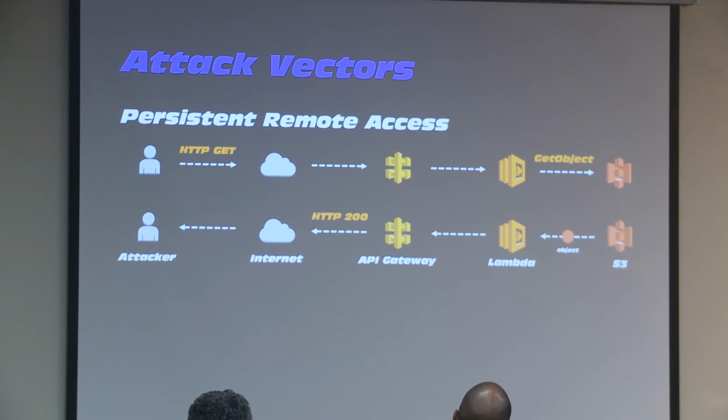I threw this in here because S3 has been all the rage with world readable S3 buckets. All we need are GetObject permissions to be able to pull down contents from S3 buckets. So if the bucket is not world readable, but the Lambda function can read it, now we've got a way to exfiltrate data from S3 buckets.